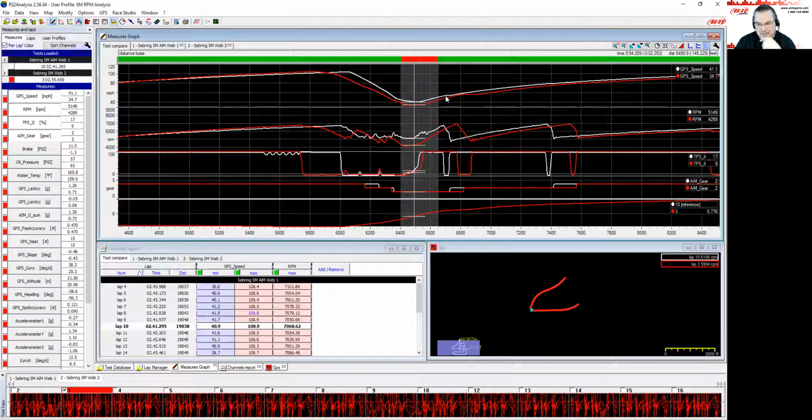Look at the white one where it kind of flattens out for just a little bit with the 3 or 4 tenths shift, and look at how flat and even the loss of speed is on the longer shift of the red lap. You can really see the difference, and that is just performance from here all the way down the next straightaway. So those shift points, when we were racing Spec Miata, and then all the cars beyond that we happened